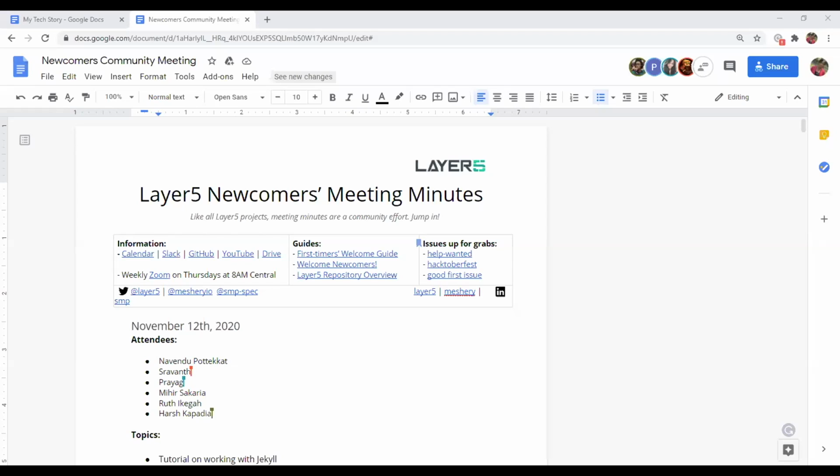I'll share my screen in a sec, and I'm going to give a run through of most of the resources and Layer5 projects. Is my screen visible? Yep. Okay, great.